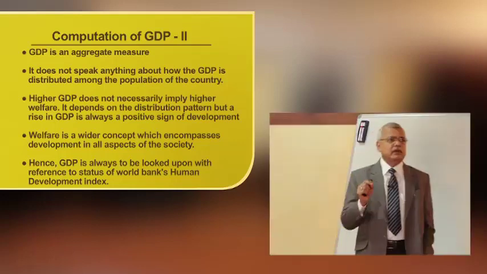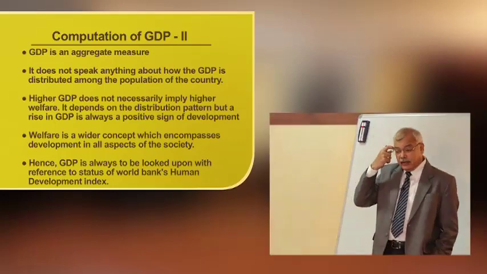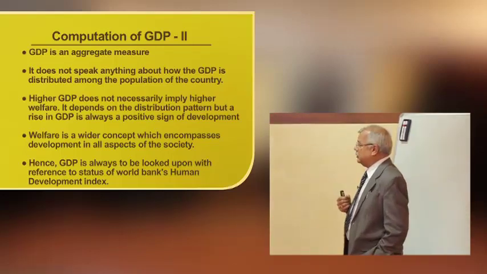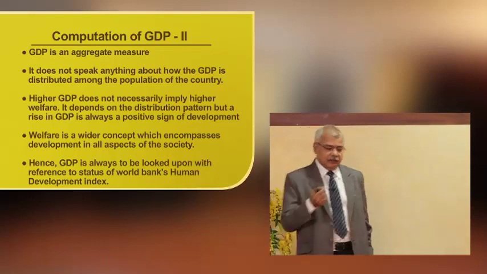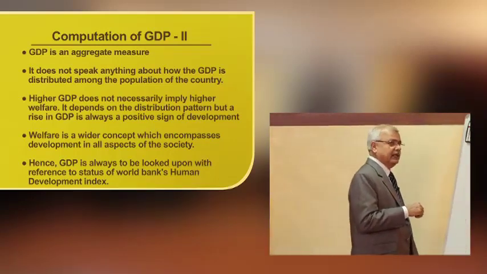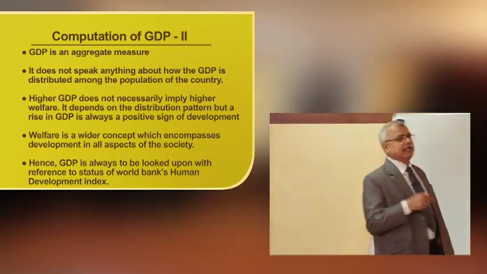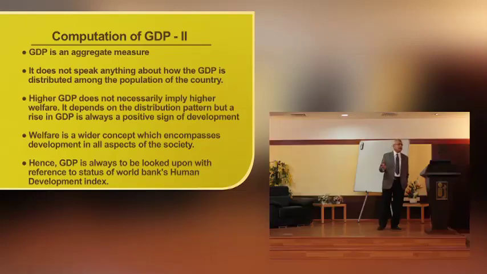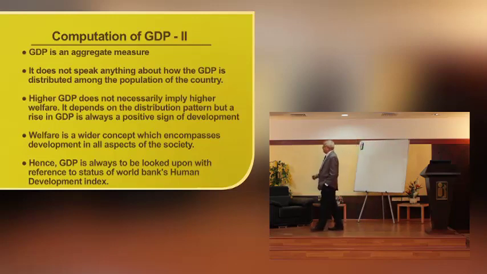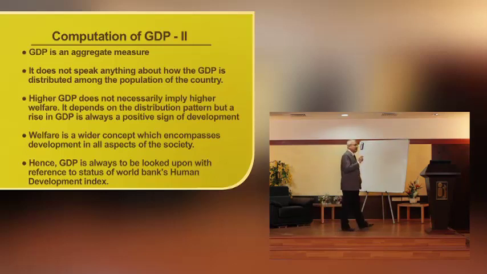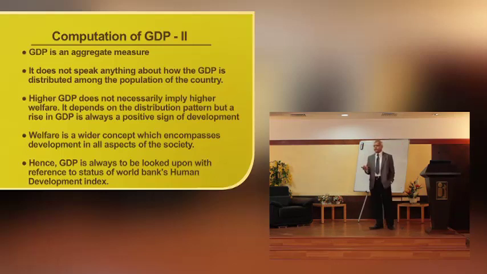Higher GDP does not necessarily imply higher welfare, because naturally, since it is a disjointed activity, in one part of the country the GDP can be very high, in another part it can be very low, or it is not evenly distributed, and as such we cannot always say that the welfare is evenly distributed. It depends on the distribution pattern,